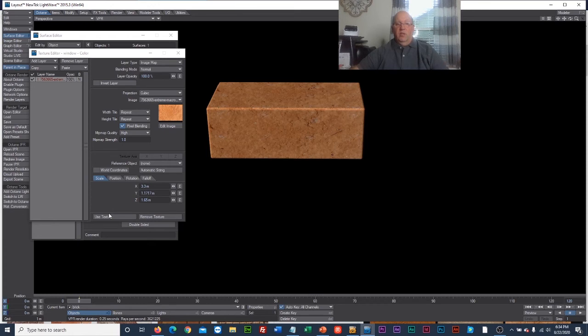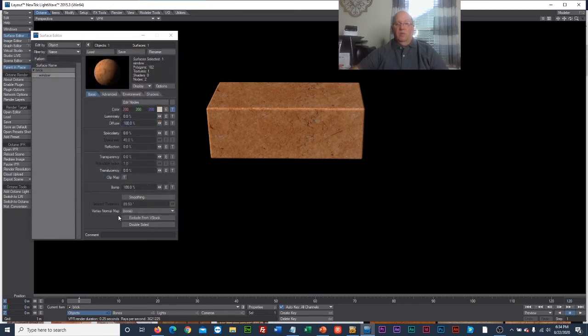Now, if we use the texture, which we will for now, if I were to look at this, first of all, if I change specularity, then it looks less like a brick unless it's a polished brick. So we don't want any specularity or glossiness or anything like no reflection, no transparency. We want it as ugly as possible, but we also want that brick surface. So what I want to do